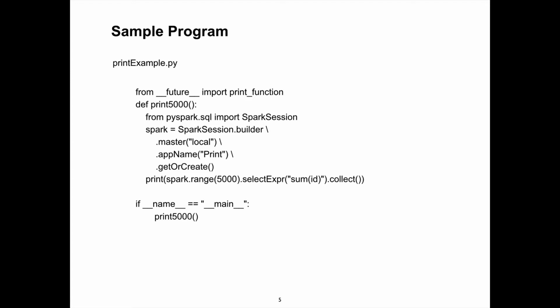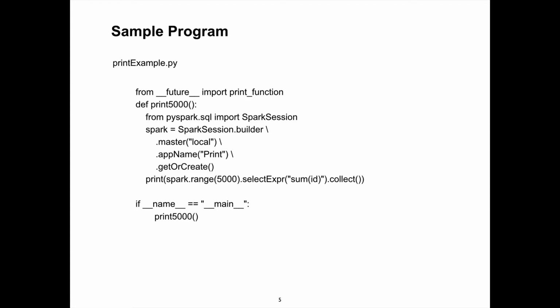So here is a sample program that has minimal dependencies. There was a function I call print 5000. I could have done the open, but at some point we want to say, here's the input value and output value.